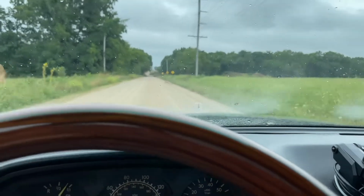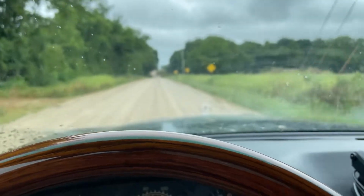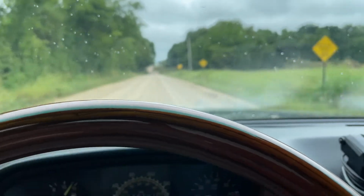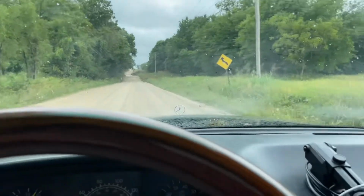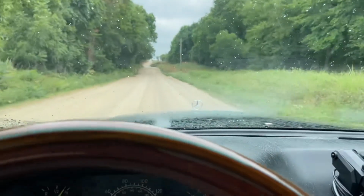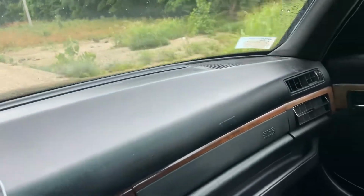This, according to Google Maps, is the fastest way for the detour rather than following the regular detours. And it says low water bridge. We got a little bit of rain, so this is what you can expect. This is what this looks like. You can see it out here. It is already washed out,